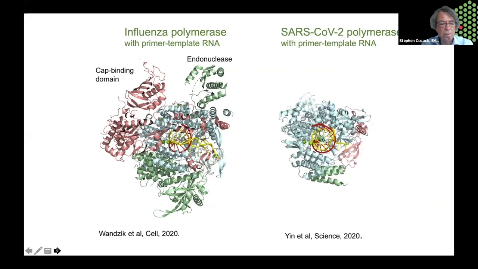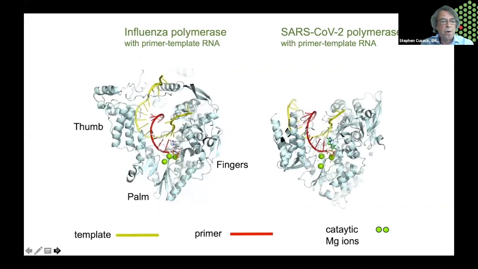And if we focus a bit closer on the next slide, you can see that the core of this enzyme is virtually identical. That's because they're doing this very evolutionarily conserved mechanism of nucleotide addition, template-directed nucleotide addition. So this is the real core of the RNA-dependent RNA polymerase. So the question is, can you target this highly conserved region? And the answer is yes.